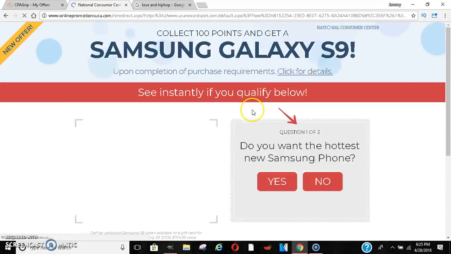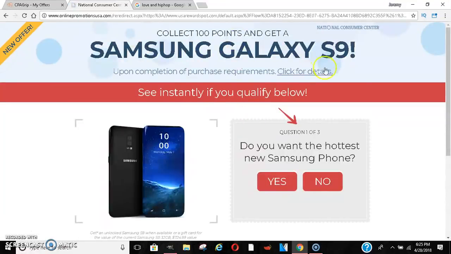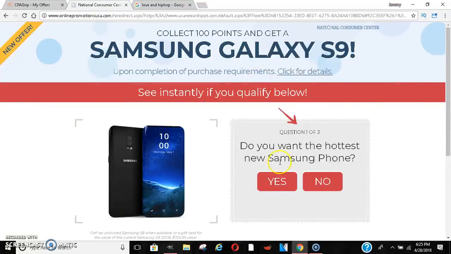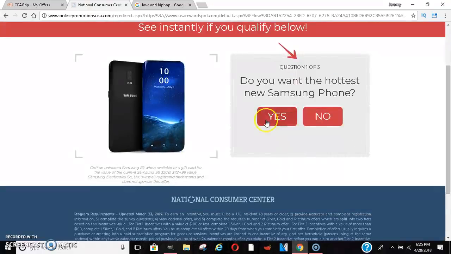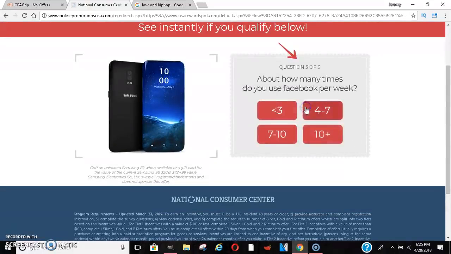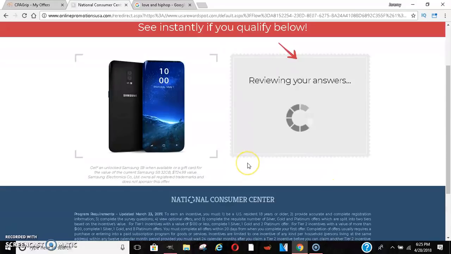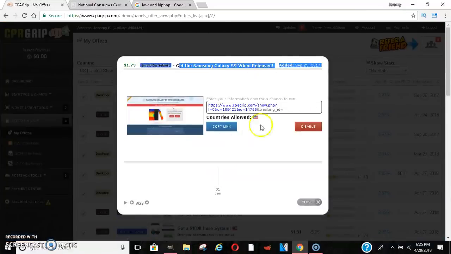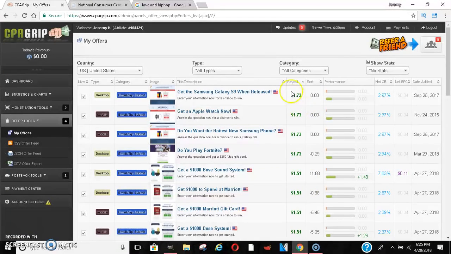So if I click on that, let's see if it says the exact same thing. See, I'm on the desktop, so Galaxy S9, perfect. So if someone was to go through this and answer these questions, they'll say yes, just picks random stuff, and at the end it should have me put in my email. Bingo. Once they put their email in, I got whatever piece of money right there.